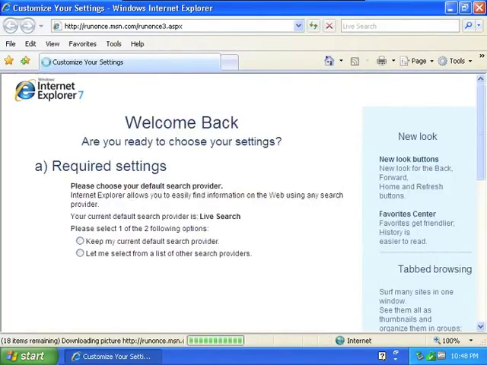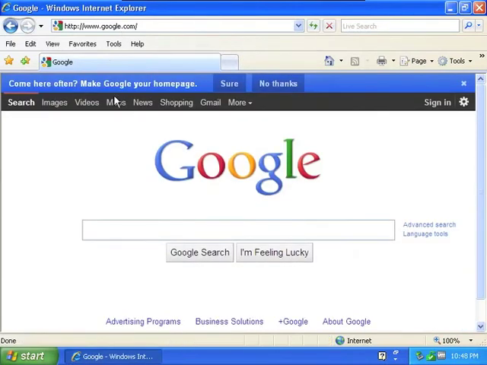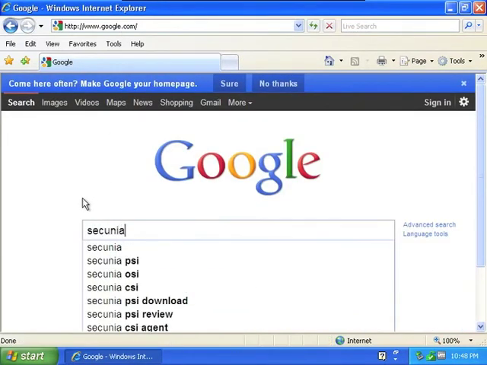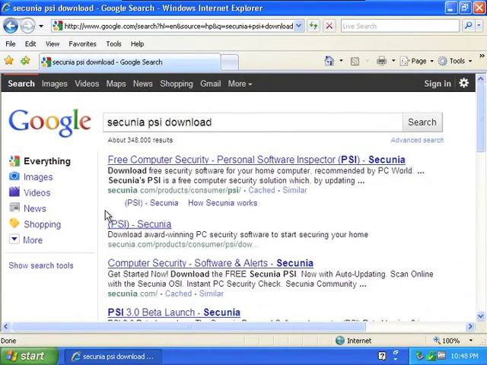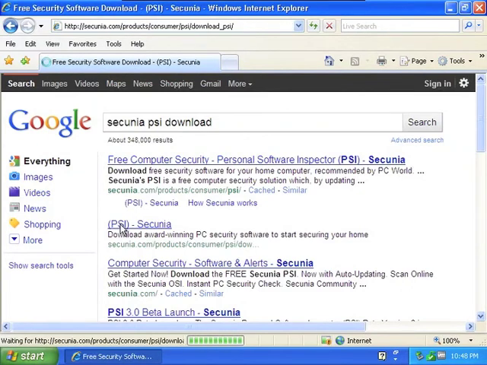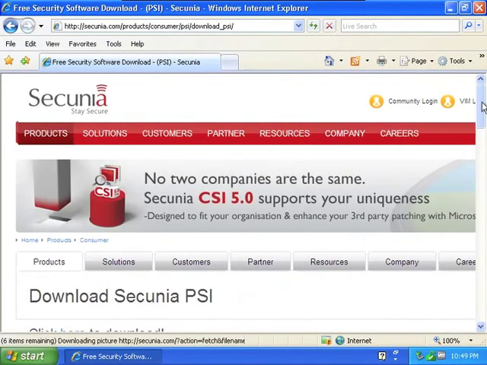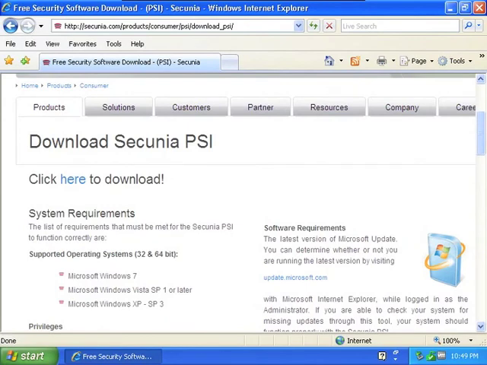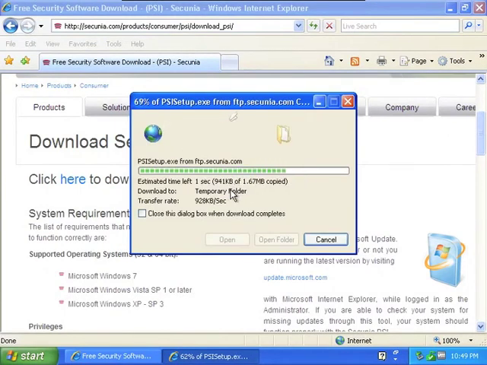So under the admin user, we'll log in, we'll go to Start, Internet Explorer, and this time we're going to go to google.com and we're going to install one more piece of software. We're going to do a search for Secunia PSI, download, and when that comes up, we're going to take that second option, and it'll come up with an option to download Secunia, which is actually some software that helps you keep all your other software up to date. We're going to click here to download, and when it comes up, we'll go ahead and hit run and let it download,